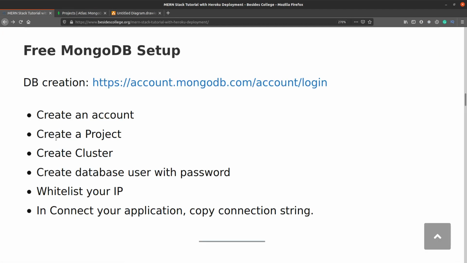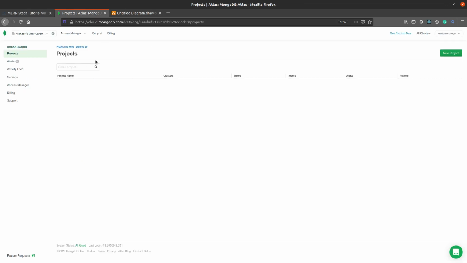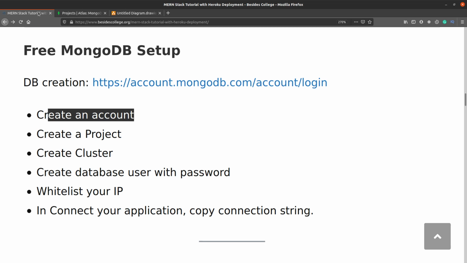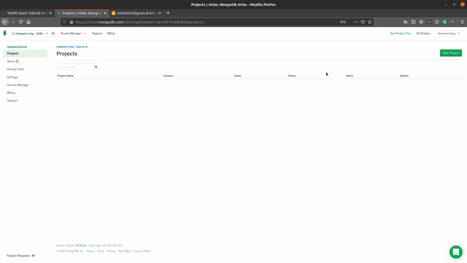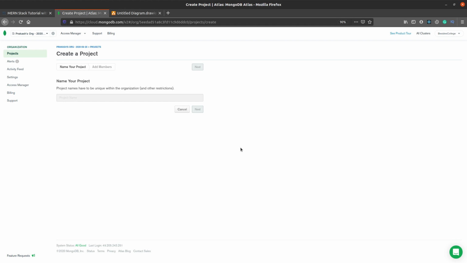So what I want you to do here is create an account, verify your email and log in again. So you will be taken to this particular dashboard. Okay, so once you are ready, you can start with create project. Create an account, verify it, and then you will be here. Okay, so my account is already verified, so I'll create a project.